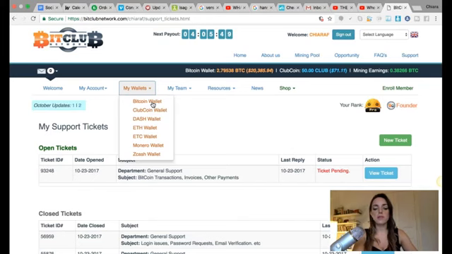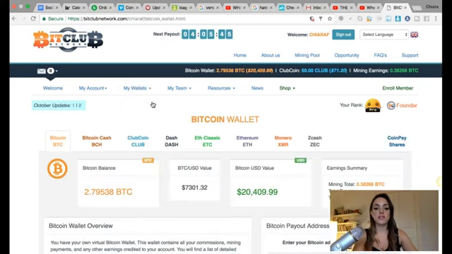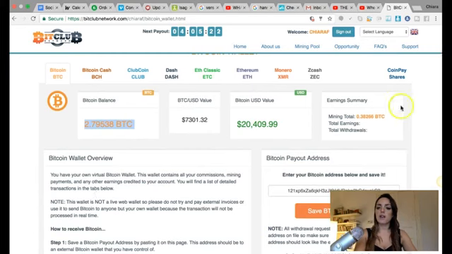So once you start mining Bitcoin, everything is going to be in this section over here. You're also going to be able to see the value of Bitcoin over here. It's already at $7,301.32. You can see how much Bitcoin you have balanced. These are the commissions that you're making, okay? And this is a summary of the mining that I've generated. Like, this is the ROI I've made so far with Bitclub since I started, but I'll cover more about this